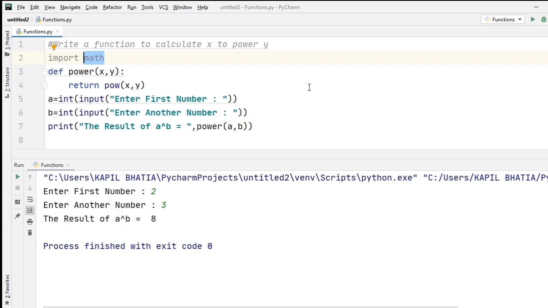And the third category is user defined function. Here power is a user defined function.